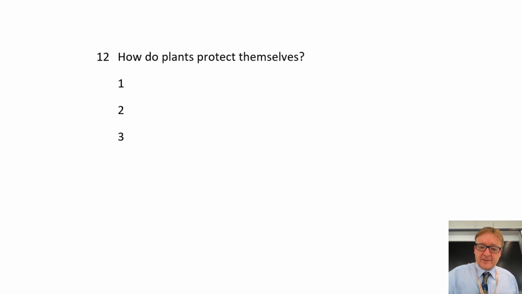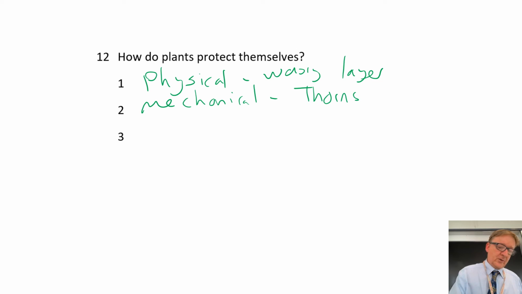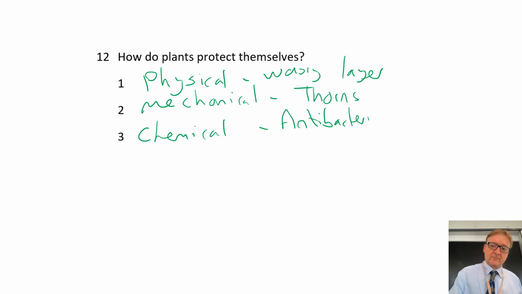Plants, let's go for green on plants, that'd be a good colour. Why or how do plants protect themselves? They protect themselves in a physical way, for example, a waxy layer. They protect themselves in a mechanical way, for example, thorns. And they also protect themselves in a chemical way, which is things like antibacterial or against toxins, or they produce